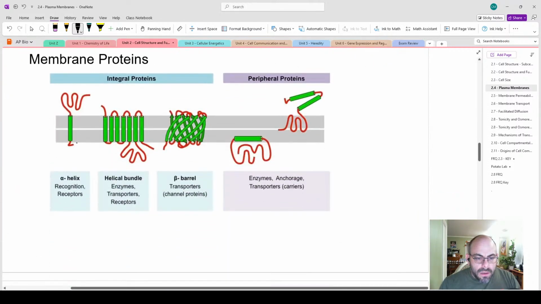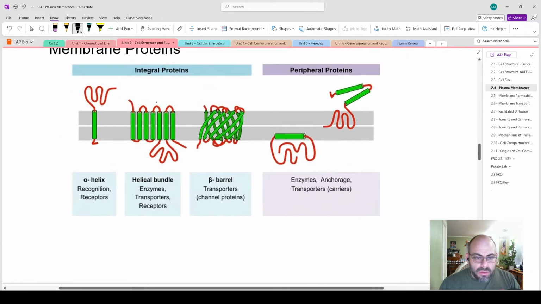Okay. And so the ones that go all the way through the membrane are called integral proteins. They go all the way through. And the ones,